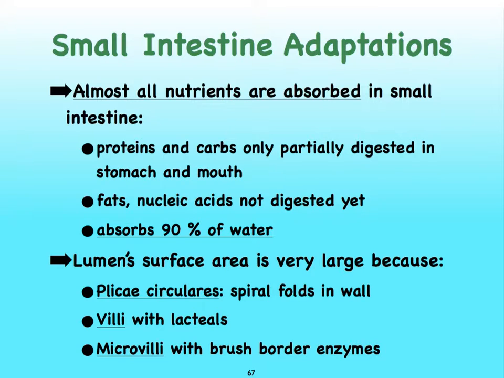We have a little bit of lipase produced by the tongue and a little bit produced in the stomach, but really nothing substantial enough to have begun to tackle the lipids, or the fats. And we have not at all mentioned any enzyme or any kind of substance that can attack our nucleic acids. So all of that chemical digestion still needs to occur in the small intestine,